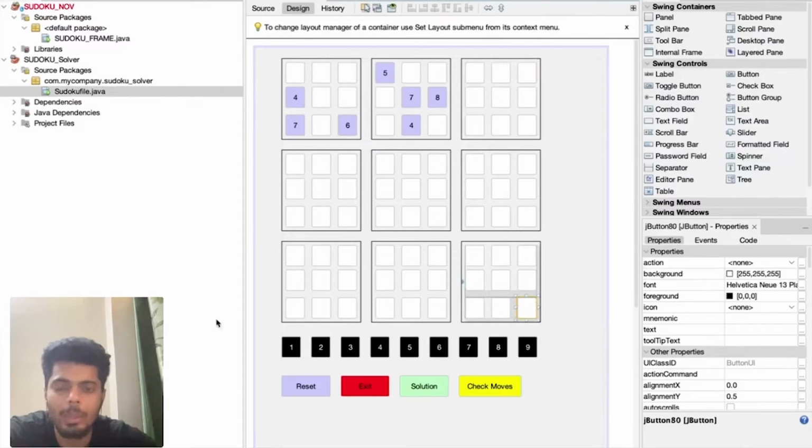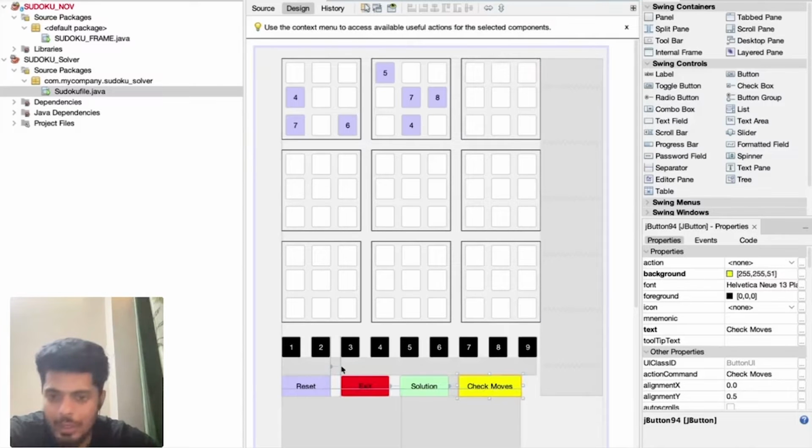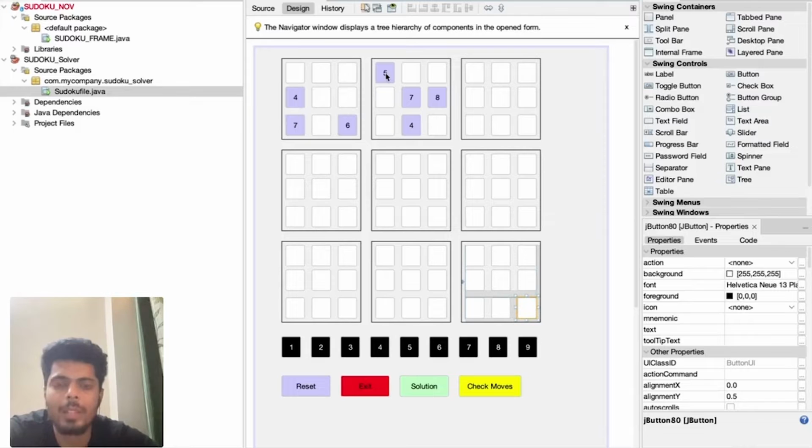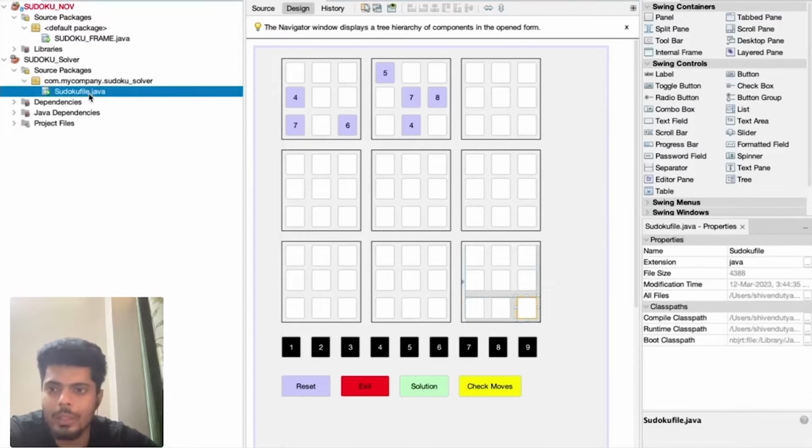So this is how I'll name the buttons, and I'll change the names of these buttons also, and these buttons also. Currently I'm just changing the names of the buttons present inside the grids up till here. You have to change them too. I'm not showing it in the video since it will be a very long procedure. I have shown it for a few buttons, and accordingly you can also change the names of the buttons in your grids. So that's it for this video.